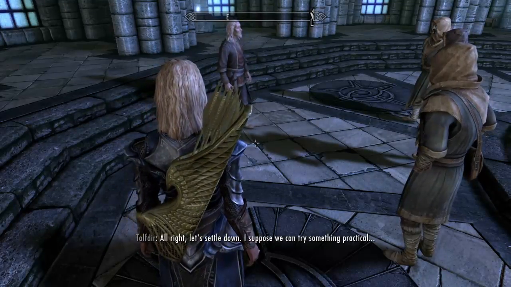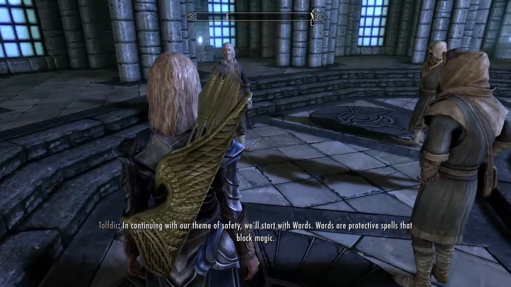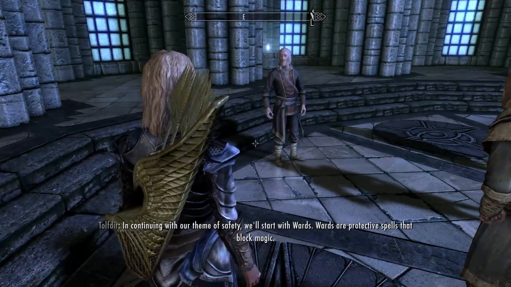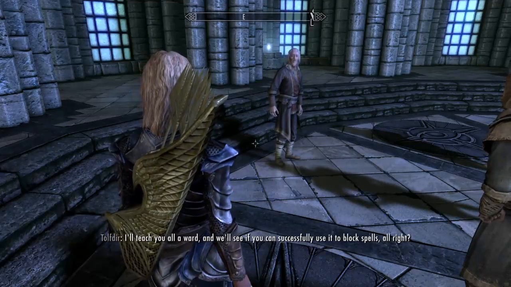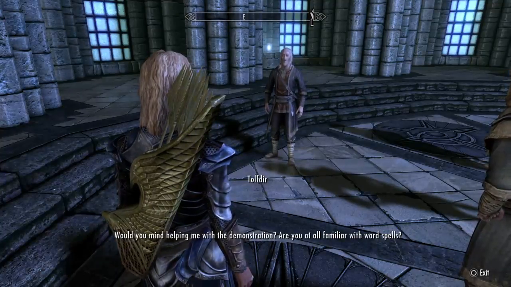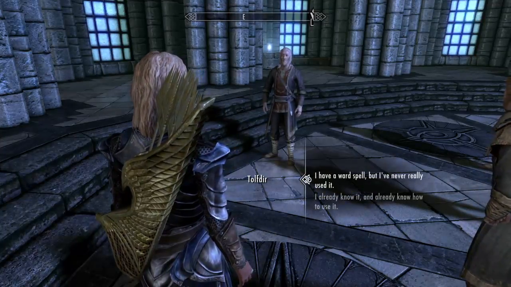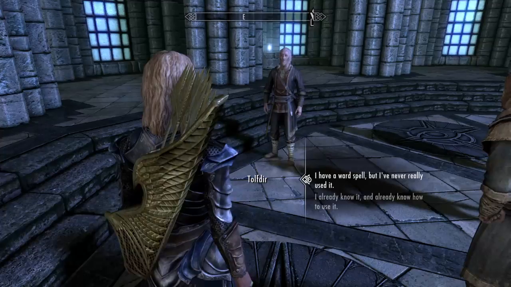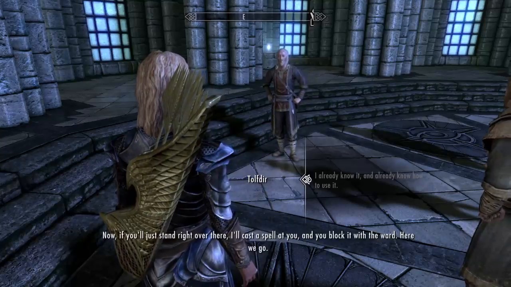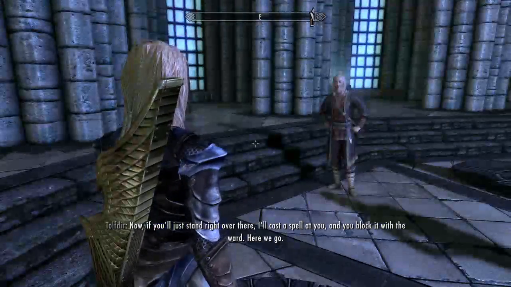All right, let's settle down. I suppose we can try something practical. In continuing with our theme of safety, we'll start with wards. Wards are protective spells that block magic. I'll teach you all a ward, and we'll see if you can successfully use it to block spells, all right? Would you mind helping me with the demonstration? Are you at all familiar with ward spells? Well, then this should be no problem at all for you. Now, if you'll just stand right over there, I'll cast a spell at you, and you block it with...